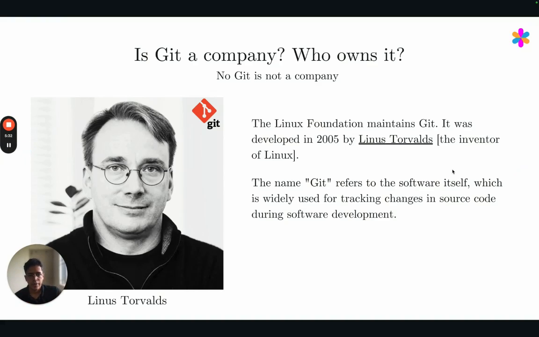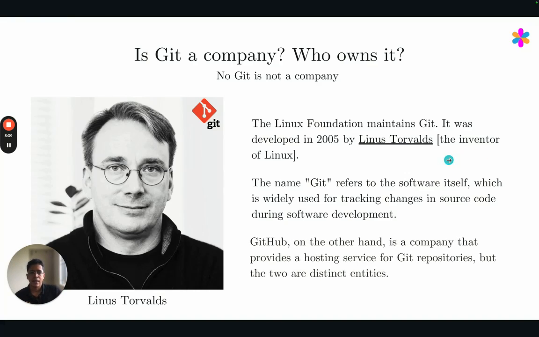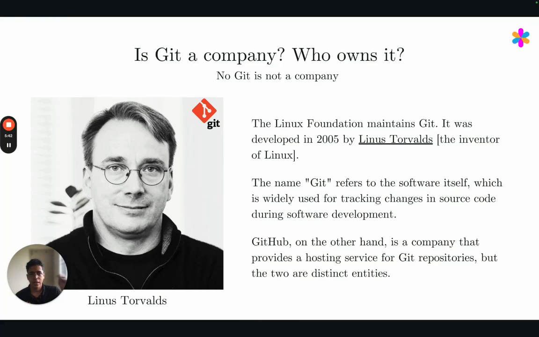So if this is software development, Git will allow you to keep tracking the changes you make in the source code. And GitHub, on the other hand, is actually the name of a company. So the company which I mentioned 100 million plus developers might be using right now, GitHub is a cloud-based hosting service for Git repositories, right? So Git repositories allow you to maintain different versions and keep tracking changes for your code base or for any other kind of documents.